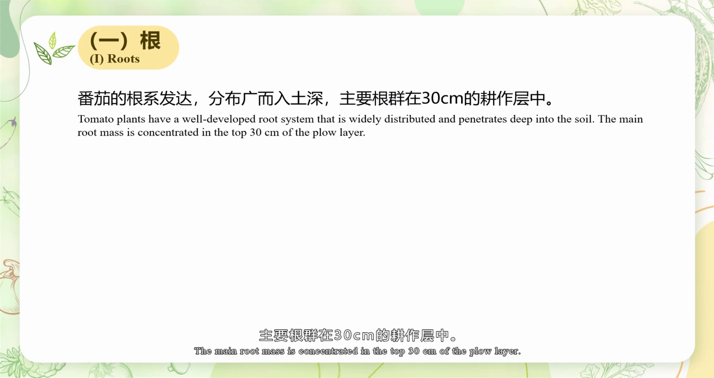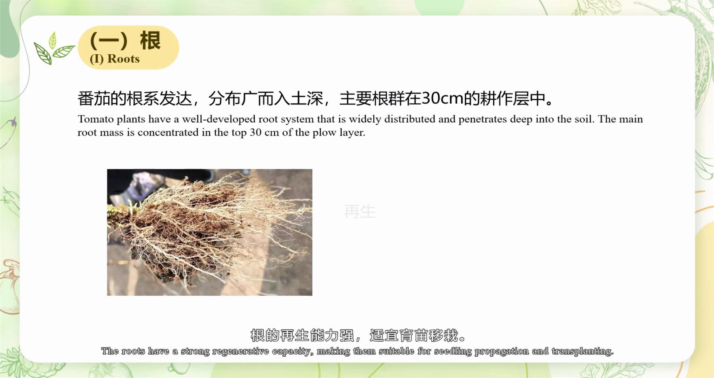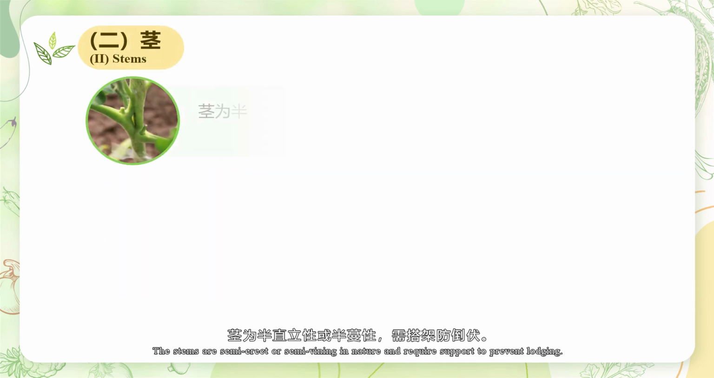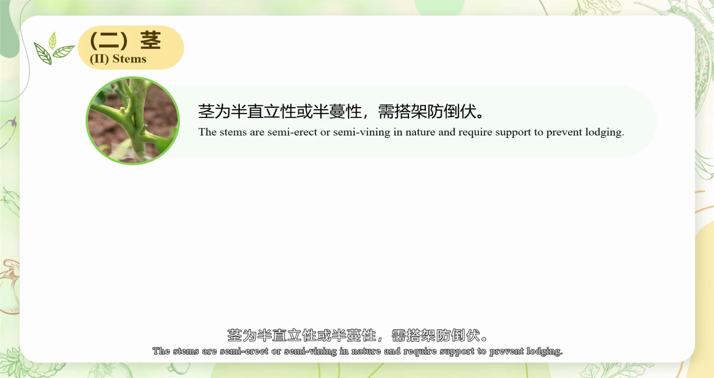soil. The main root masses are concentrated in the top 30 centimeters of the plow layer. The roots have a strong regenerative capacity, making them suitable for seedling propagation and transplanting. 2. Stems. The stems are semi-erect or semi-vining in nature and require support